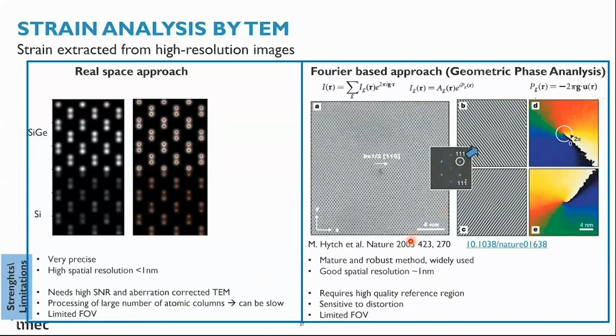The Fourier-based approach, also called geometric phase analysis, is mature and robust and is widely used. It provides good spatial resolution, about 1 nanometer. In terms of limitations, we need to say that it requires high quality reference regions. It's sensitive to distortions, and also, of course, has a limited field of view since we use high resolution images. If we need in our strain analysis a larger field of view,